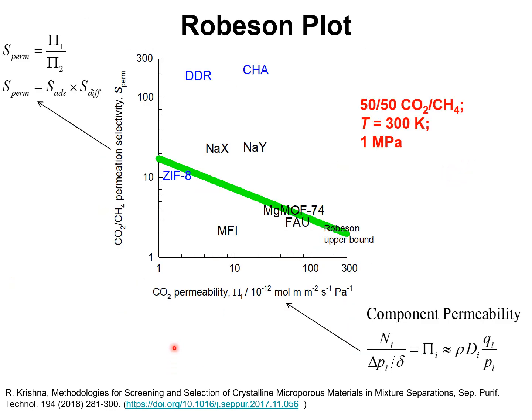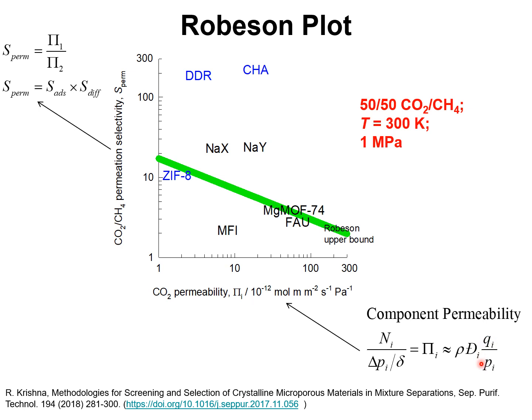From the molecular simulation data on adsorption and diffusion in the wide variety of zeolites and MOFs, we can construct the Robeson plot in which the y-axis contains the permeation selectivity, defined as the ratio of the component permeabilities, as the product of the adsorption selectivity times the diffusion selectivity. The x-axis is the permeability of CO2 in the units of mole meters per square meter per second per Pascal, and this is determined from a combination of MD simulations of the diffusivity